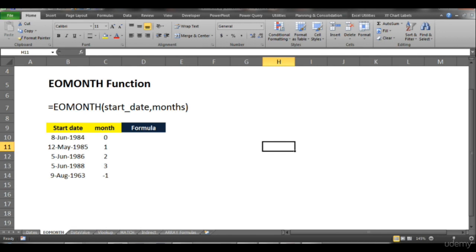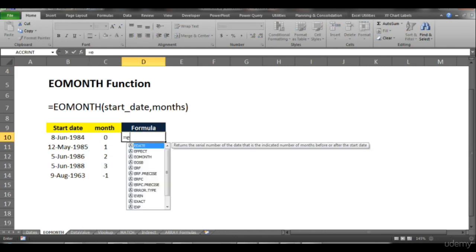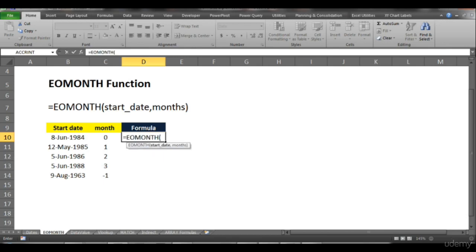As mentioned before, the EOMonth function has two arguments, start date and months. So here in column B and C, I have entered a few dates and months as examples. So let's give the formula: equal to EOMonth. I will hit tab and select the start date. As mentioned before, you can put a hard-coded date or any other date function in this argument as well. So we'll be using cell B10 as our first argument and we'll choose month as 0, or you can hard-code 0 as mentioned before. But in this case we'll be using C10 as the argument. We'll close the parentheses and I'll hit enter.